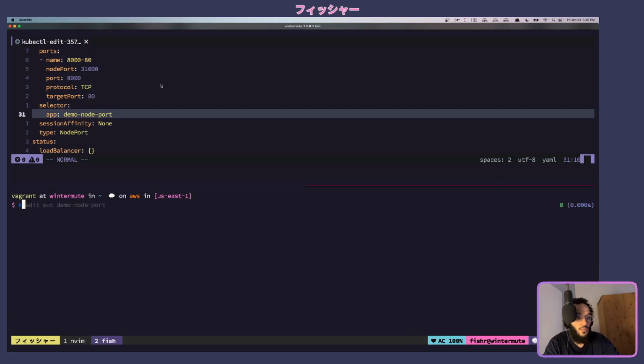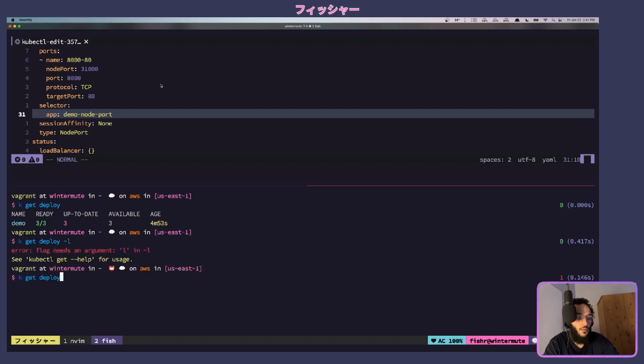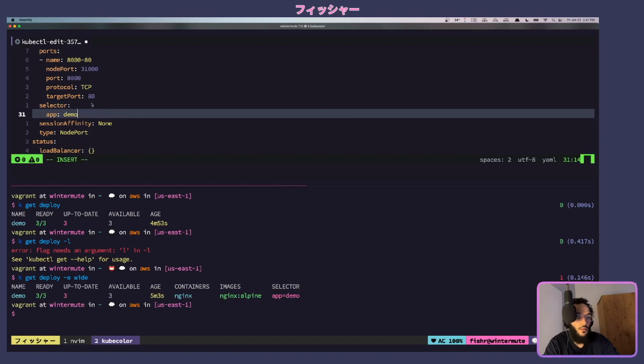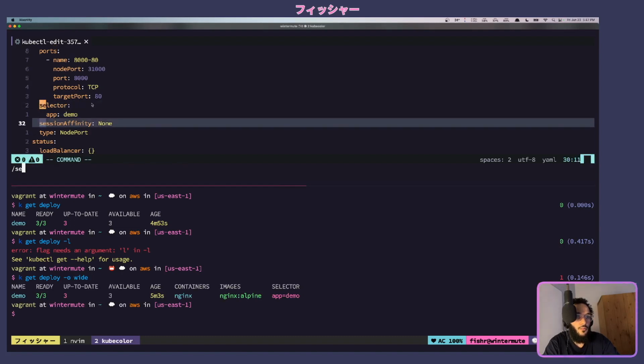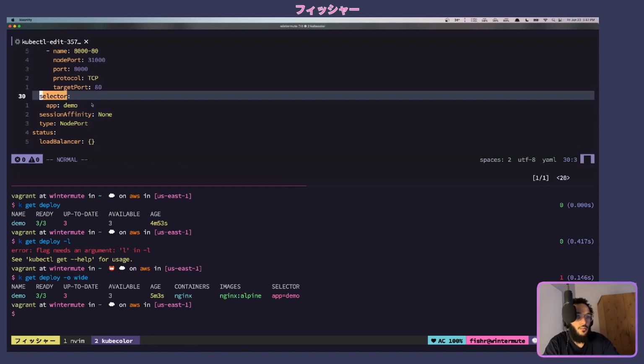What did we call it? k get deploy demo. I think it's -L. No. k get deploy -L wide. Selector app demo. Yep. All right. So let's get the selector app demo. So this should hopefully